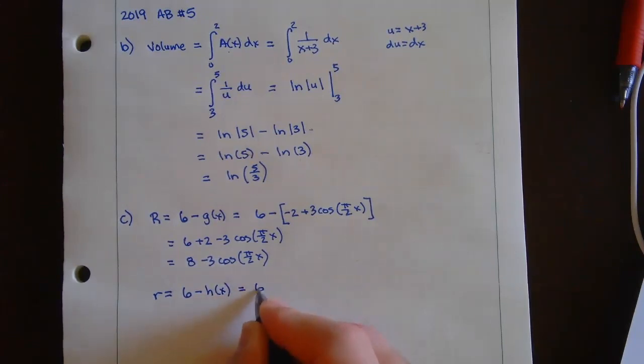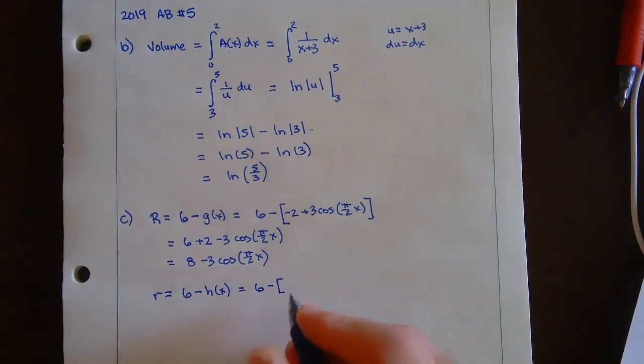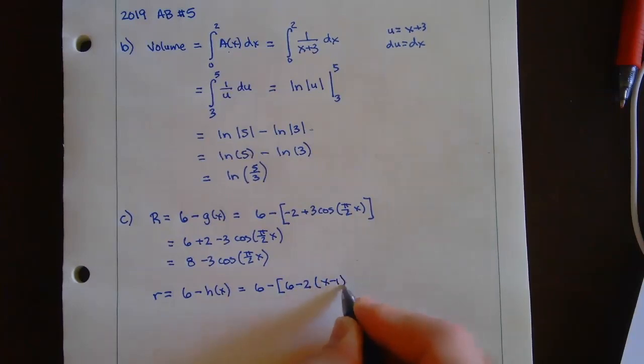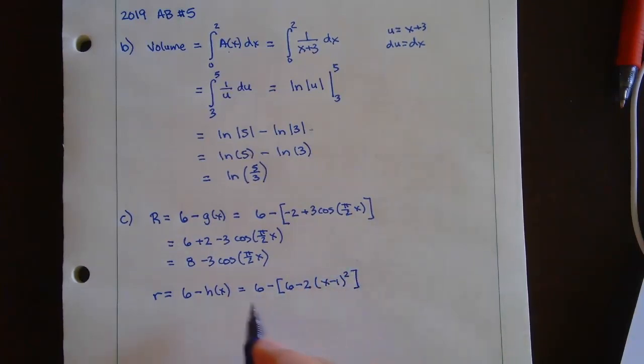So that's equivalent to 6 minus, and my h of x function was 6 minus 2 times x minus 1 squared. This becomes 6 minus 6 plus 2 times the quantity x minus 1 squared. 6 minus 6, those cancel, and you're left with 2 times the quantity x minus 1 squared. So the volume of this,